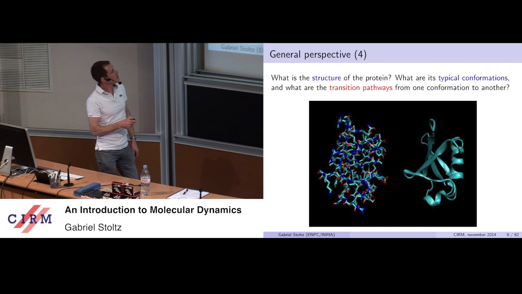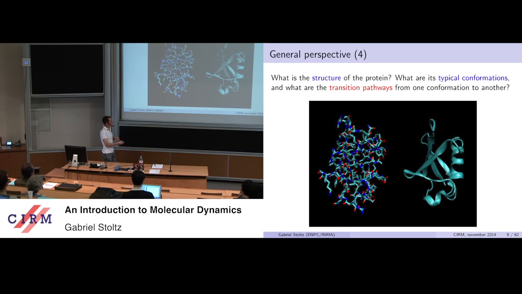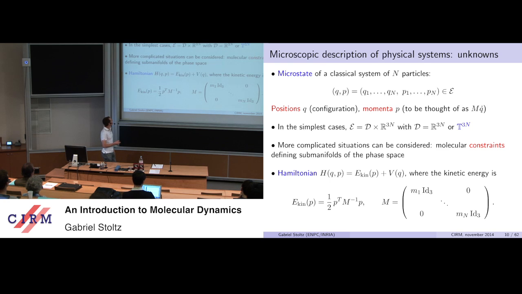It's something which I will not be talking too much about today, so it's really this transitioning from one state which is more or less stable to another state which is more or less stable. But since it's a general introduction, you should keep in mind that this is one of the major aims of molecular simulation as well. So really this numerical microscope, computing reactive trajectories and so on. So let's start setting the stage.